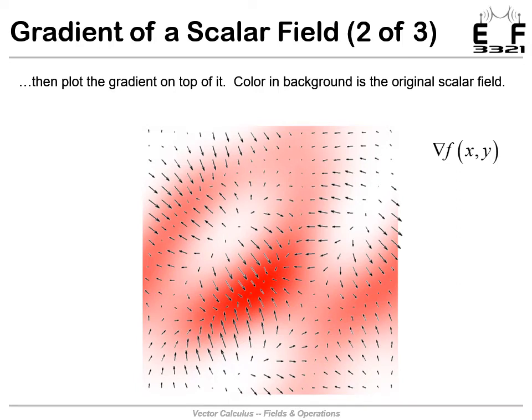In this case, the color in the background is not indicating the magnitude of the gradient. That is solely represented here by just the black arrows. The color in the background is the scalar field from which this gradient was calculated. So the gradient is a vector field. It's indicating two different things. The magnitude is really conveying the steepness of the hill. It's telling us how quickly the function is changing. And the direction of the gradient is telling us which direction has the maximum change. So again, if we were looking at an elevation map here, the gradient is pointing uphill